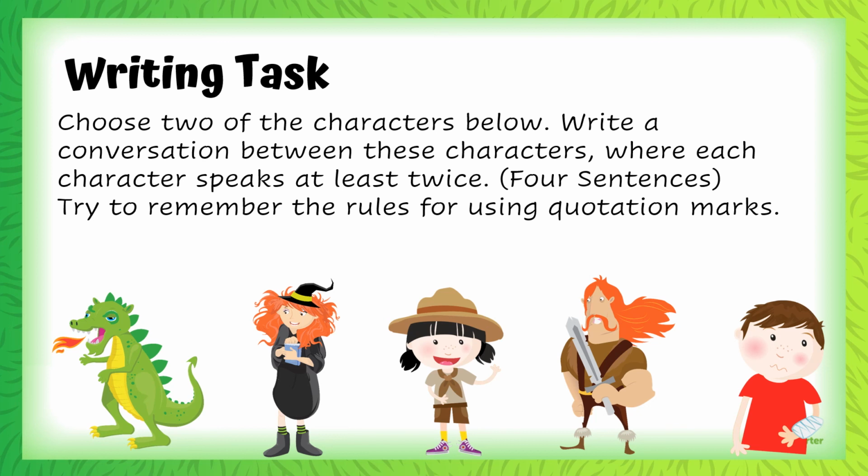You've got to decide whether you, as the narrator, are going to say, for example, the kind witch said, "How did you break your arm?" Then you might say, the boy said, "I fell off my bike." Now, in both those examples, I've had the narrator telling you who the character was first. So after the word said, I would have to put a comma. Now, this is why I wanted you to go back and keep your worksheet from Tuesday, because you can have a look at the examples on there or the earlier examples in this video. All right, well, that's your lesson for today. You'll just complete your task, write your sentences, and as always, once you've finished,